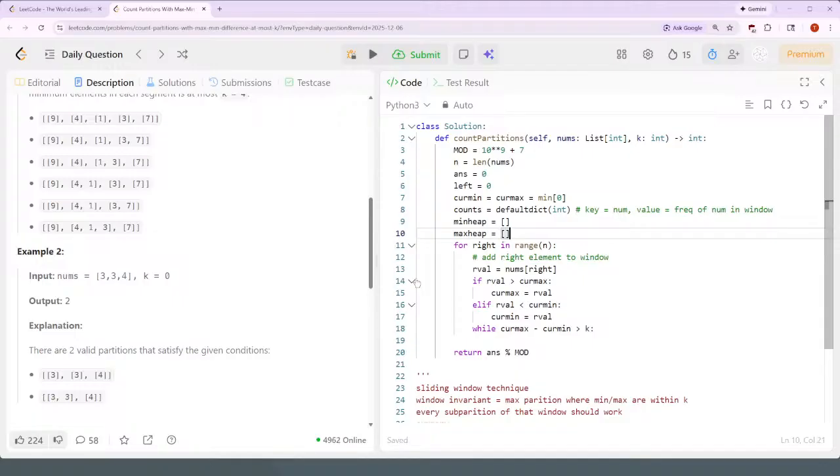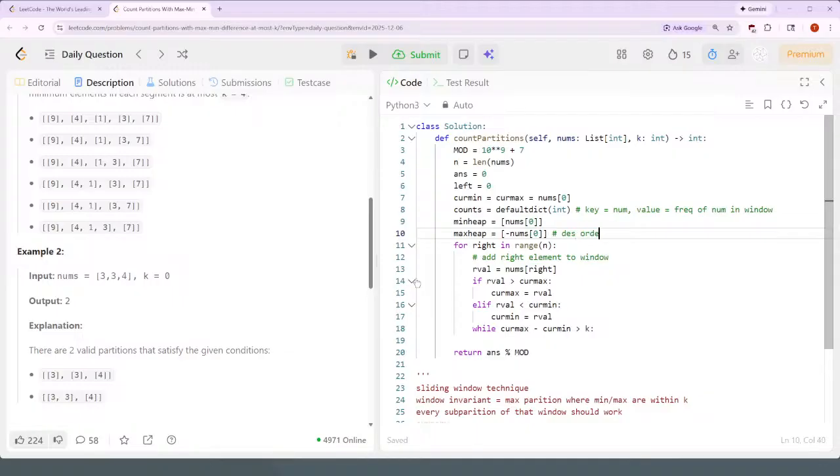I need to start with right equal to next one, because probably I just want to say min heap is equal to the first value. What am I doing here? This should not be min at 0, this is nums at 0. Min heap is going to be nums of 0. Needs to subtract the smallest, which is the default. This needs to be the negative of nums at 0, so this is going to be